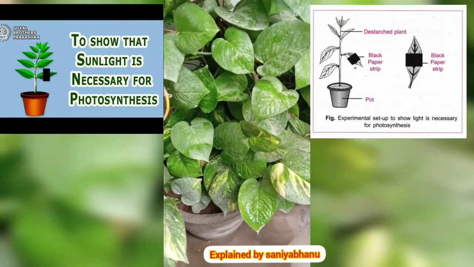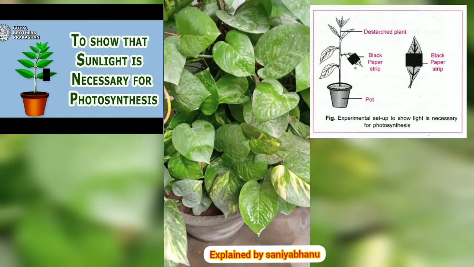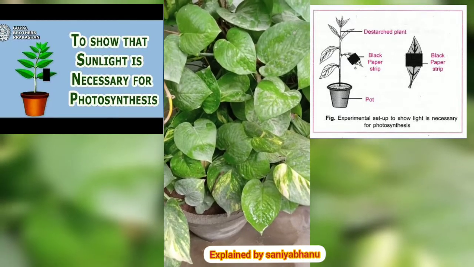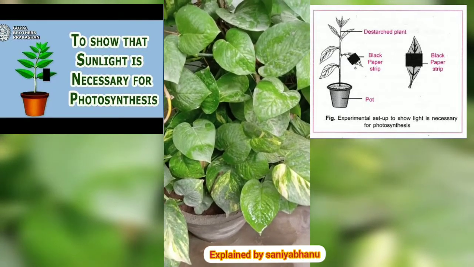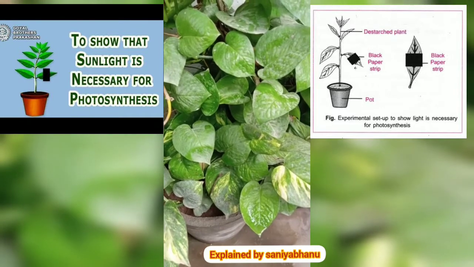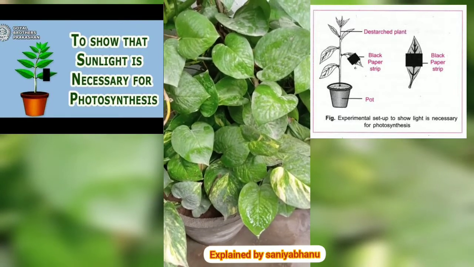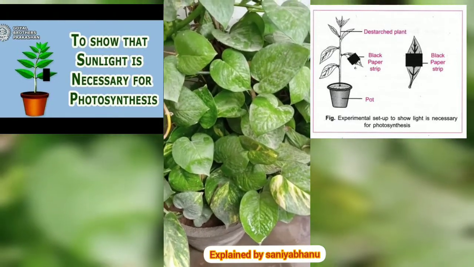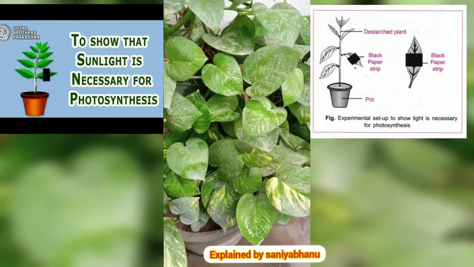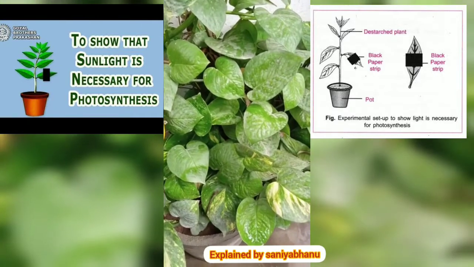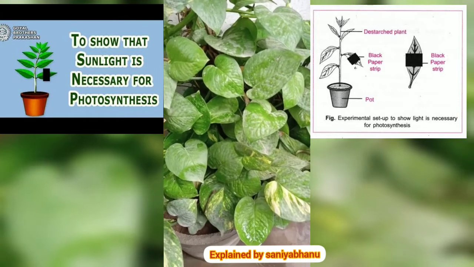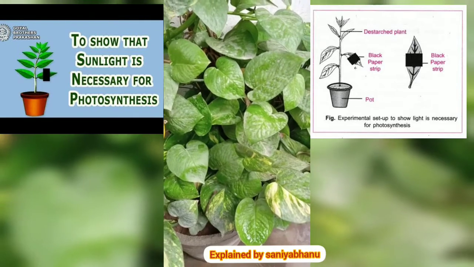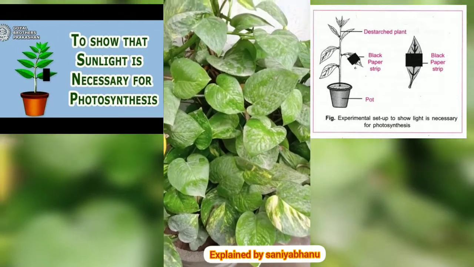Today we are going to do one of the important activities of the first lesson, nutrition. Generally, we know about photosynthesis. Photosynthesis is the process in which the plant makes its own food with the help of sunlight, carbon dioxide, water, and nutrients. We know it generally. But in this activity, we are going to prove that sunlight is essential for the photosynthetic activity. Aim: it is to prove that sunlight is necessary for photosynthesis.